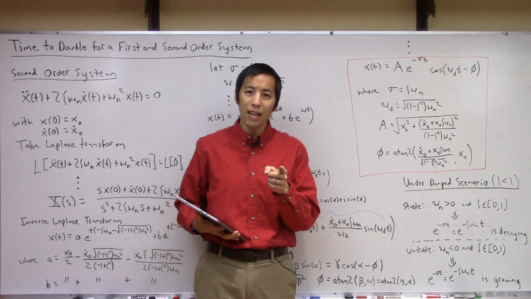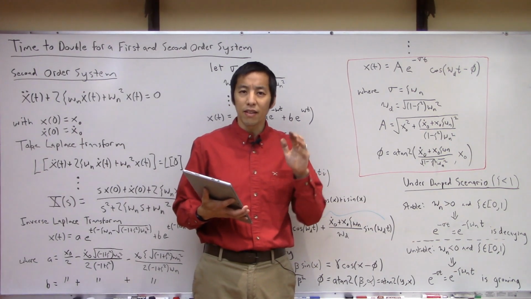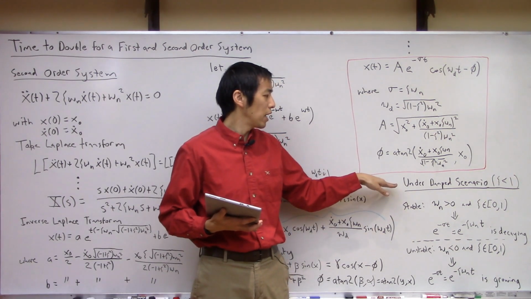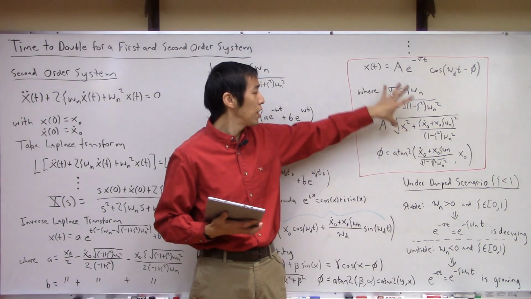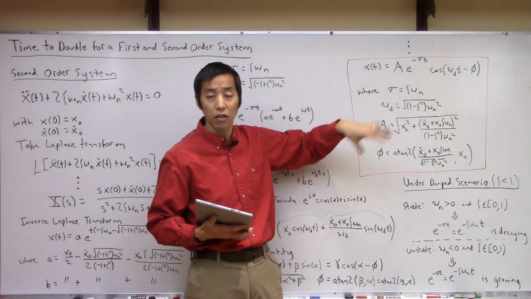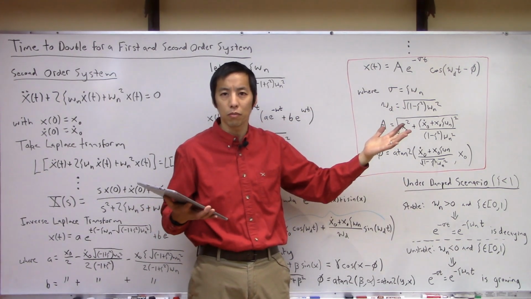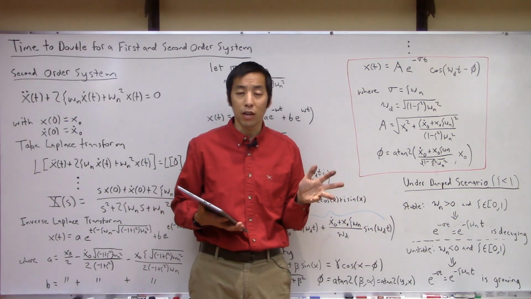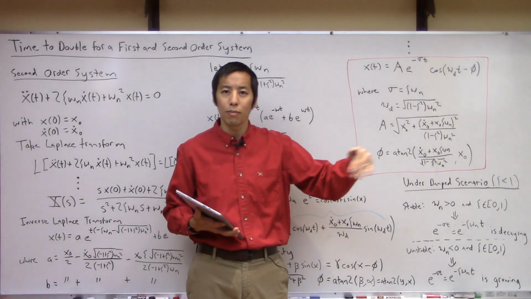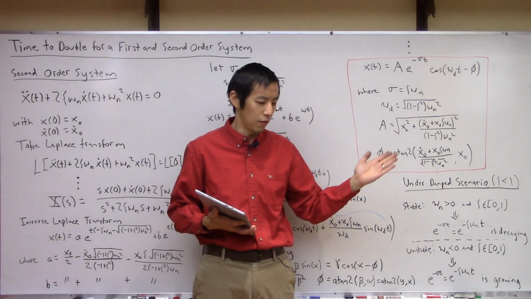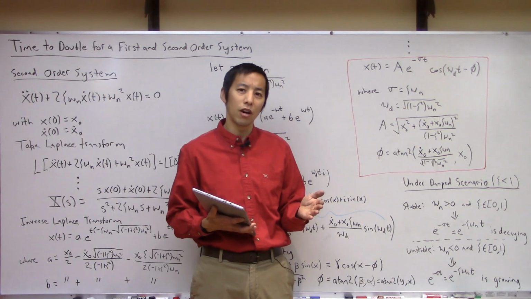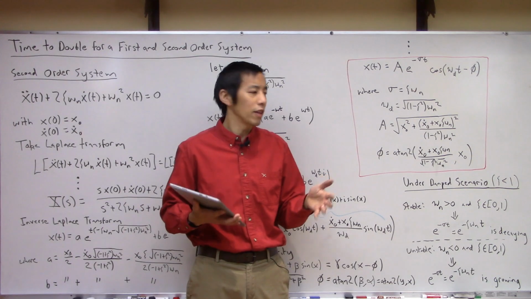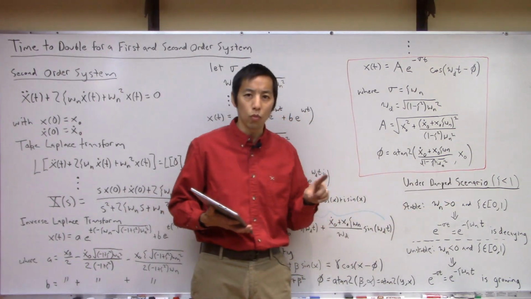So what we're going to analyze in this case is, let's go ahead and get specific, meaning I want to look at an underdamped scenario. Again, this should be valid for any case, if it's underdamped, overdamped, what have you. But now let's ask ourselves, the most interesting part of these second order systems is this sort of oscillatory behavior, right? We saw that with the video of the car going unstable in an oscillatory fashion. We want to look at oscillations, and we know we get oscillations when the damping ratio is less than 1,